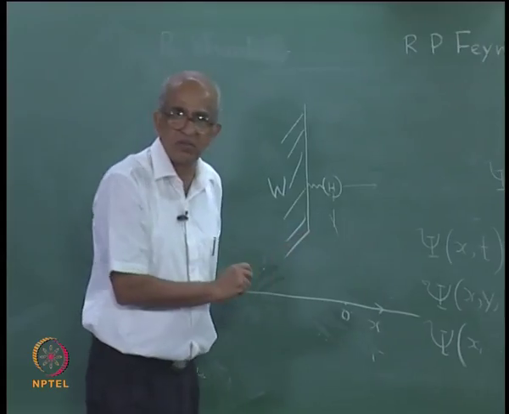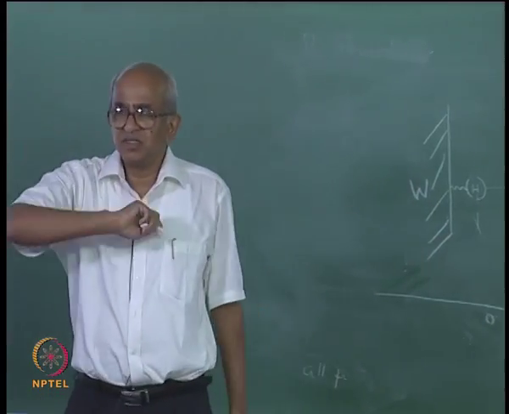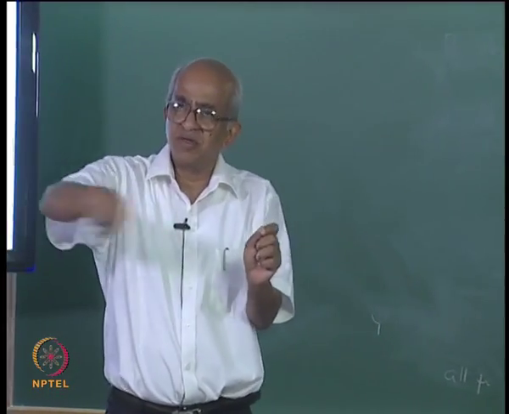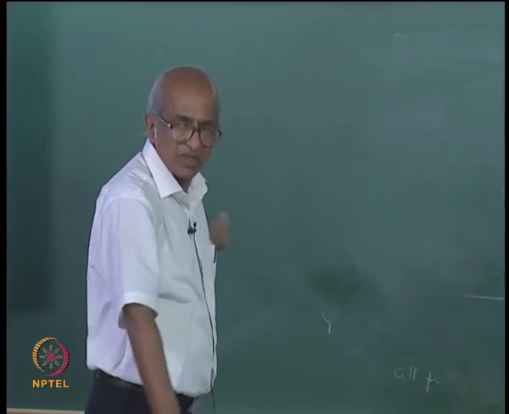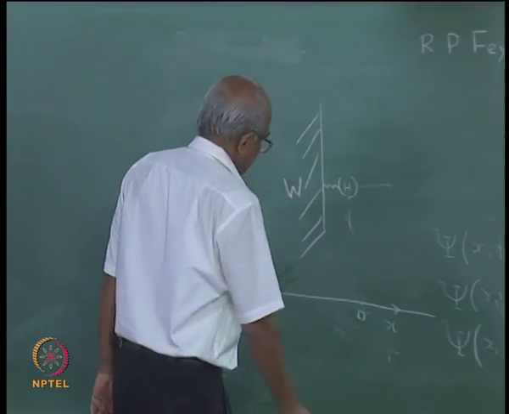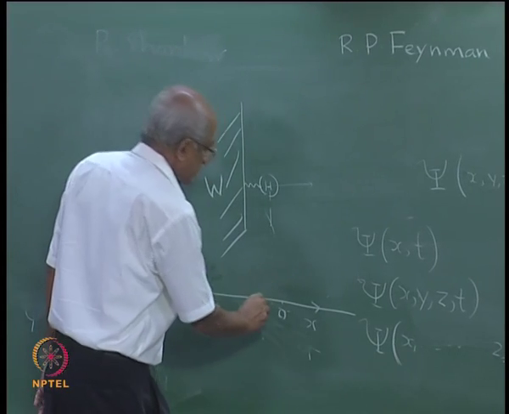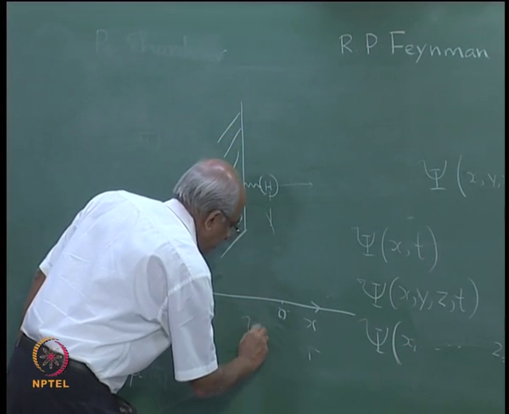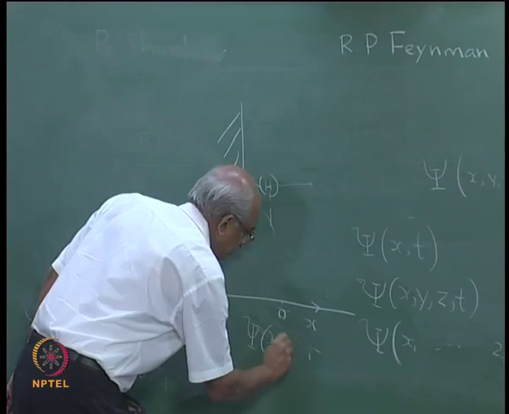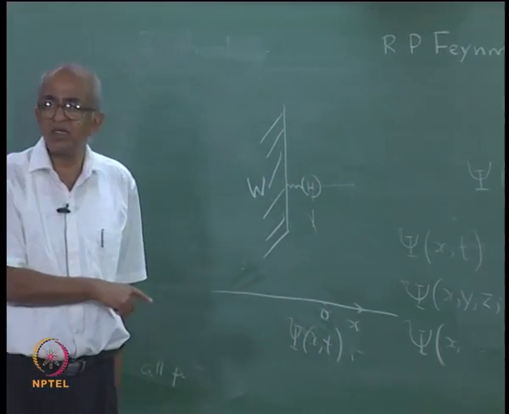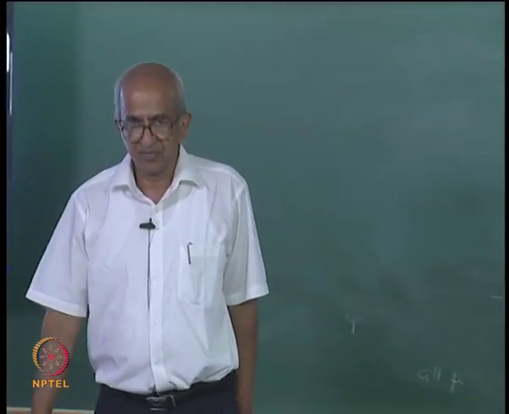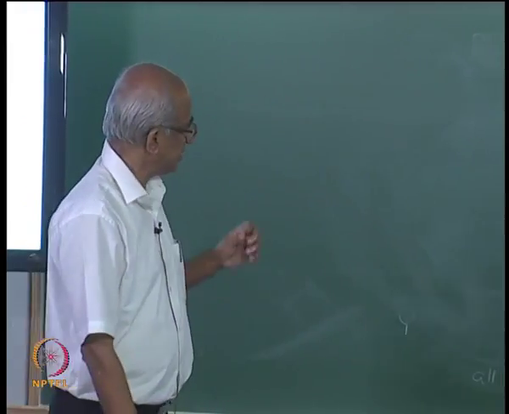0 is the equilibrium position, and if it is moving, what will happen? It is moving away from 0 to that side or maybe to the other side. So, suppose I think of the wave function for this, the wave function for this will be psi, which is a function of x alone, only one position variable, and the time t. So, what is the use of this function? The answer is that